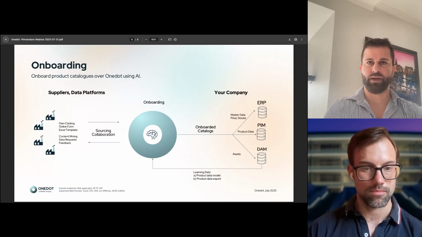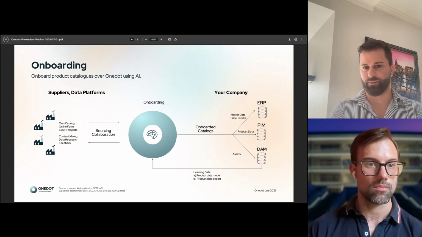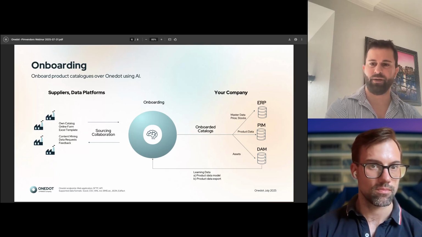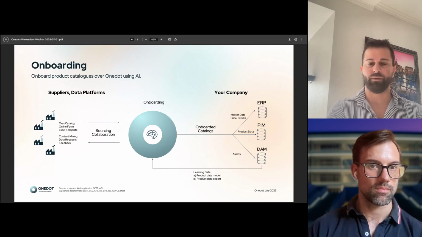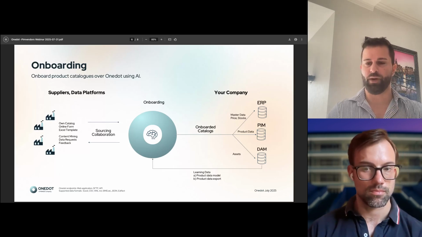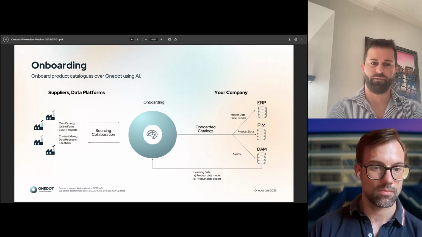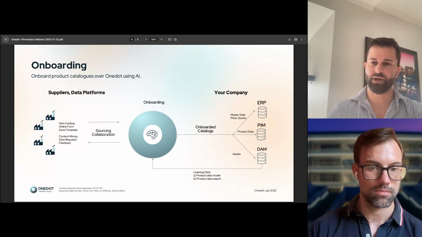The differentiation is maybe that you can also use One.dot as a front end, before the PIM basically, and use it already to adjust new categories for supplier storage. So you can use the One.dot platform with more or less similar functionalities to a PIM.